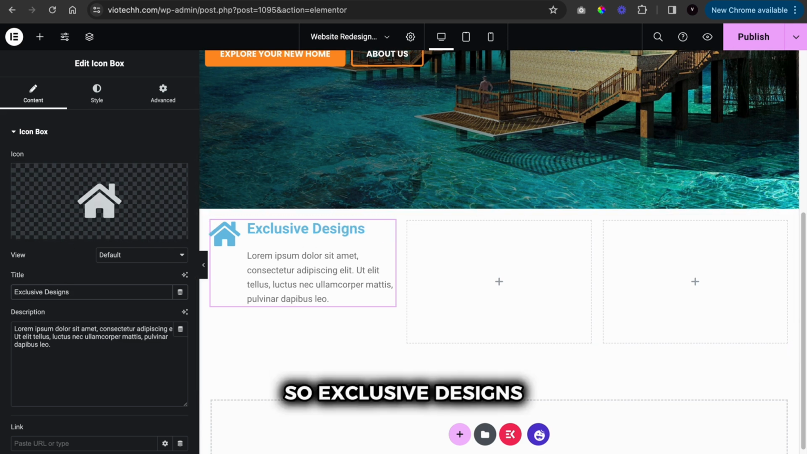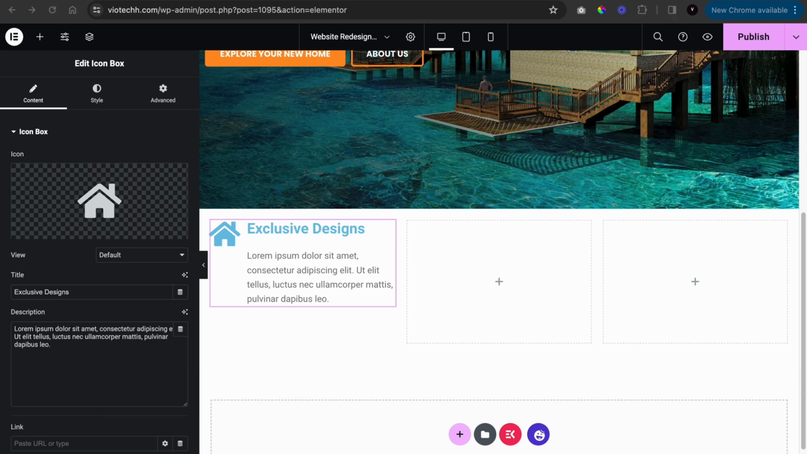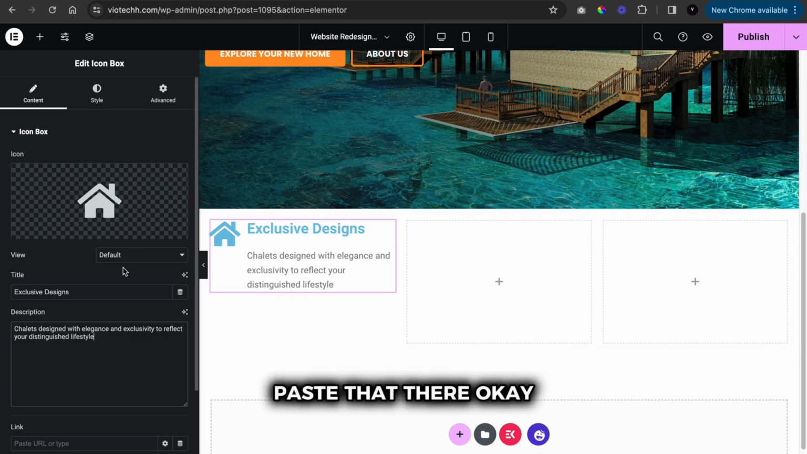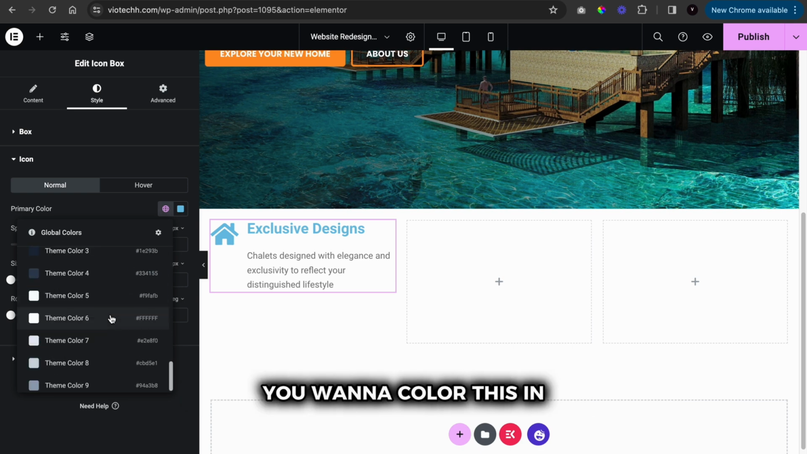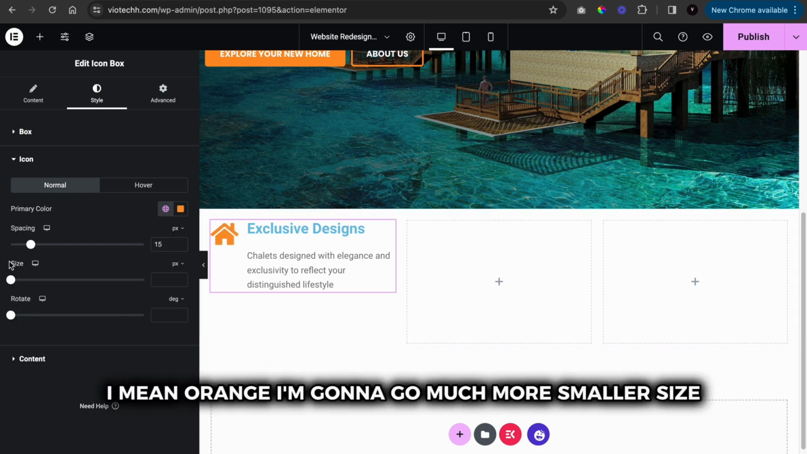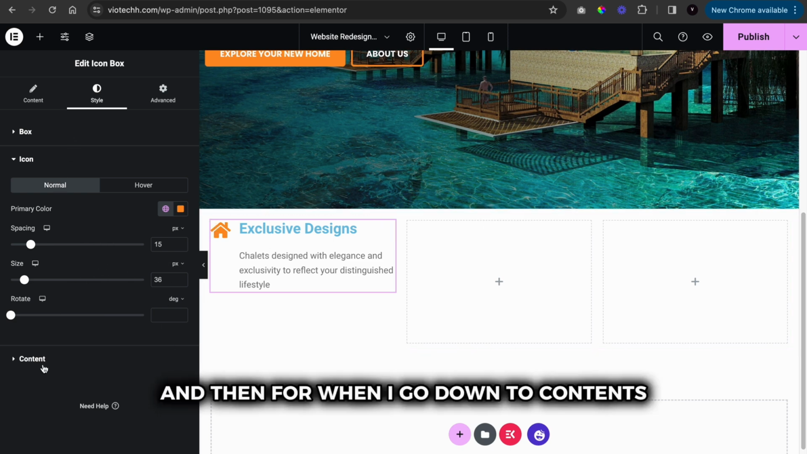and we're going to get the description from this site as well. So we're just copying and pasting from the other screen, paste that there. Okay, so we're going to edit this one first. So we're going to go with icon, and firstly we're going to color this in our main orange, and we're going to go a much smaller size. So we're going to leave it at 36 for the icon,